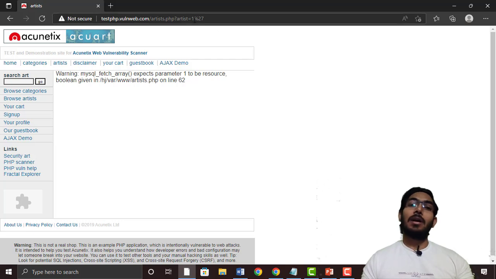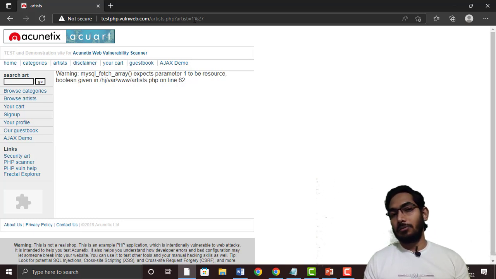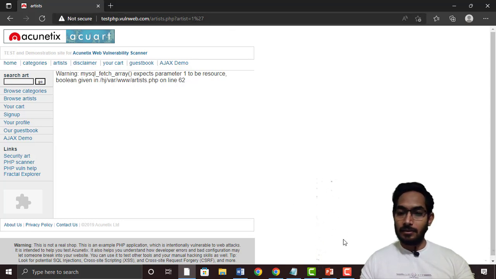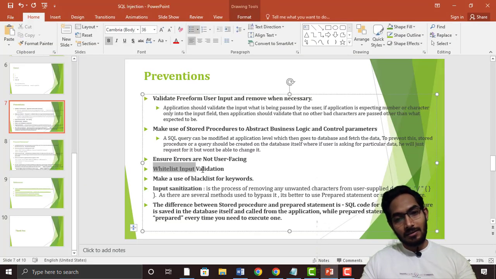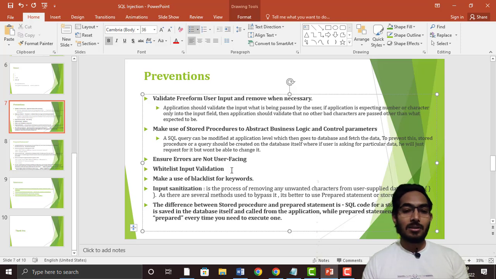But again, as we have already seen, we can bypass that by testing blind, time-based, or boolean-based attacks. So that is definitely one thing, but this is a preventive measure that we should implement in the first place. And next, we should whitelist the input validation,